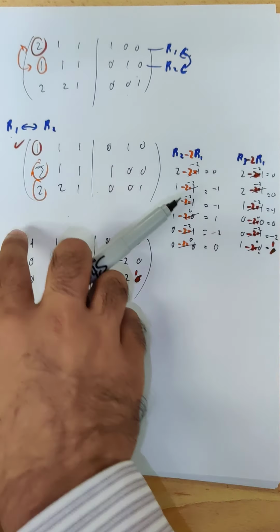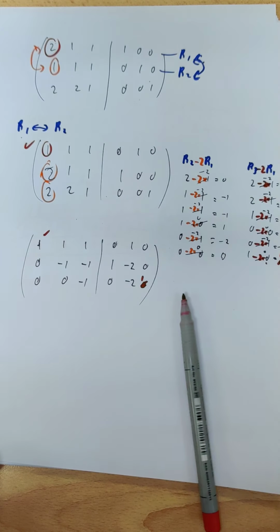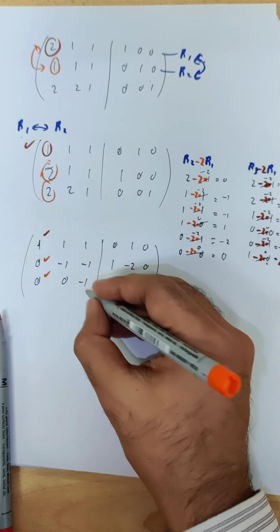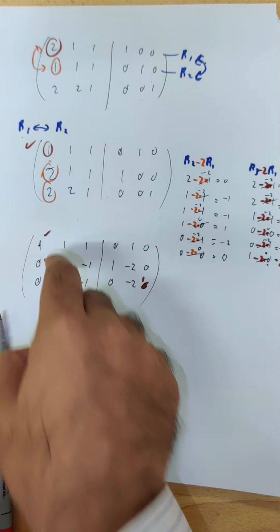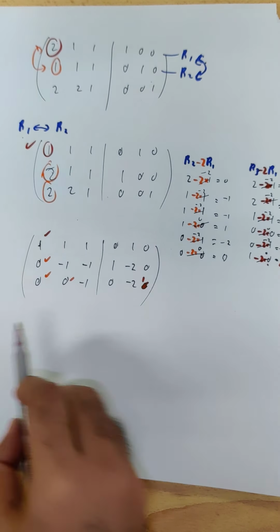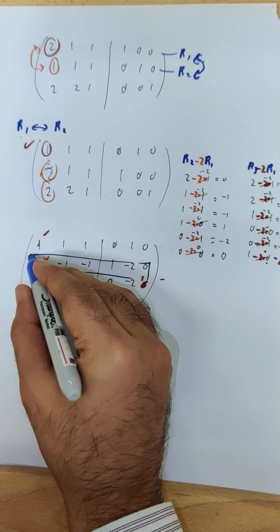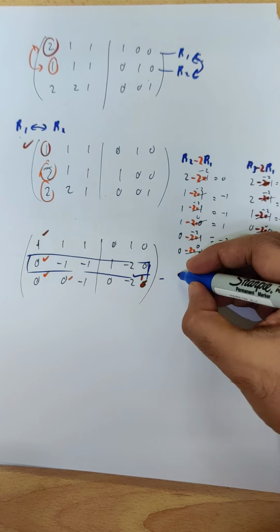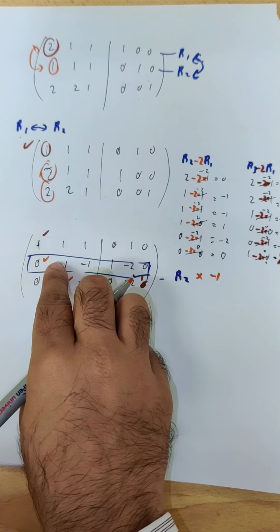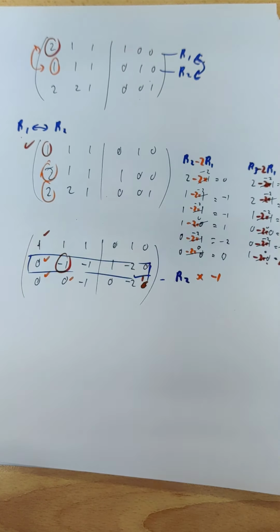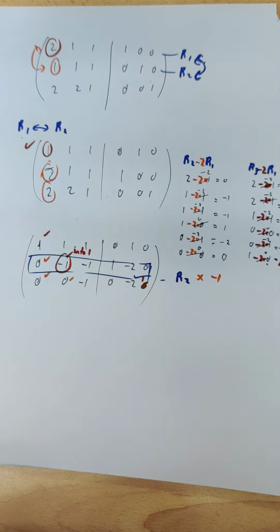Okay, now the next steps, we have reached here 1, 0, 0. So this one is done, this one is done, this one is done, this one technically becomes 0, so it's done as well. The next step is that you want to make this negative 1 into 1. So what do you do? Well, the easiest way to go is this. You got this one from the row 2. So I will just do this row 2 times negative 1, because I want this one into 1.